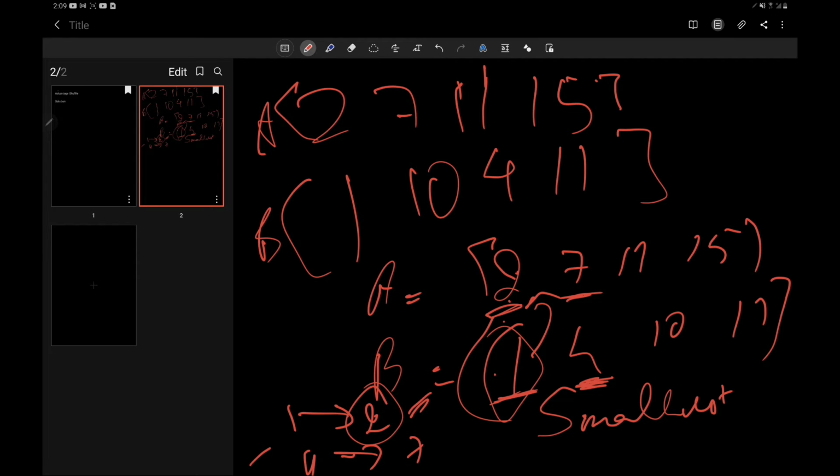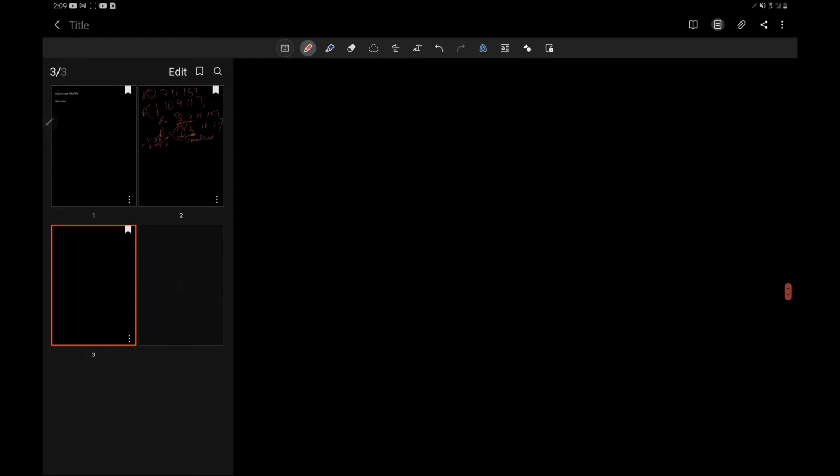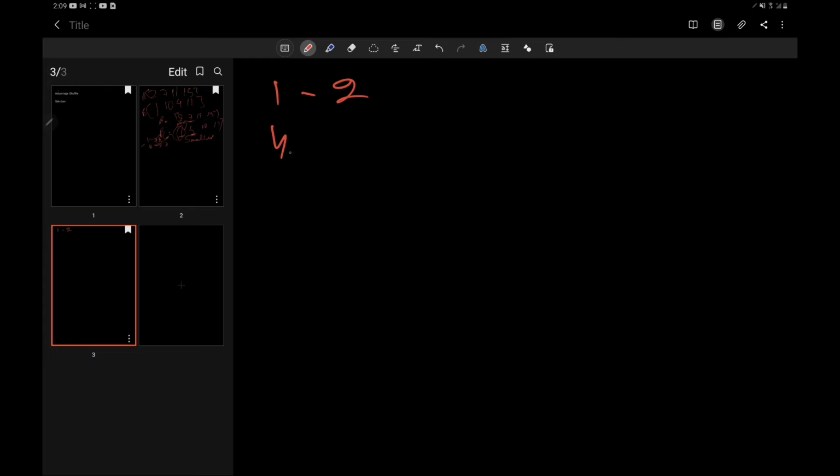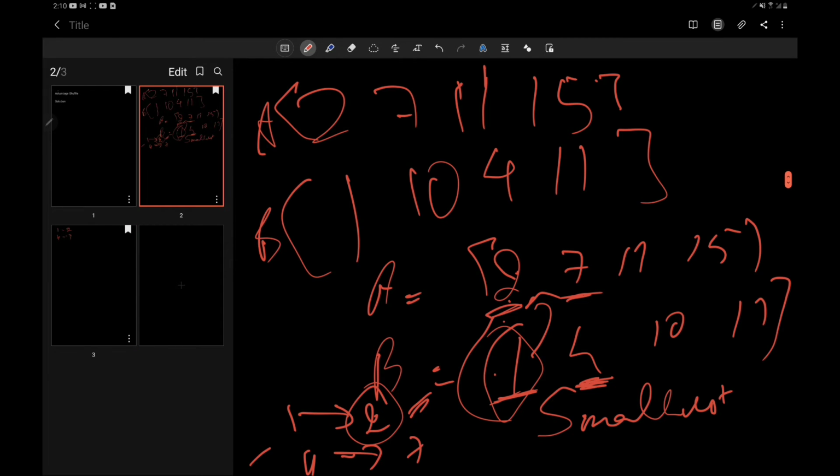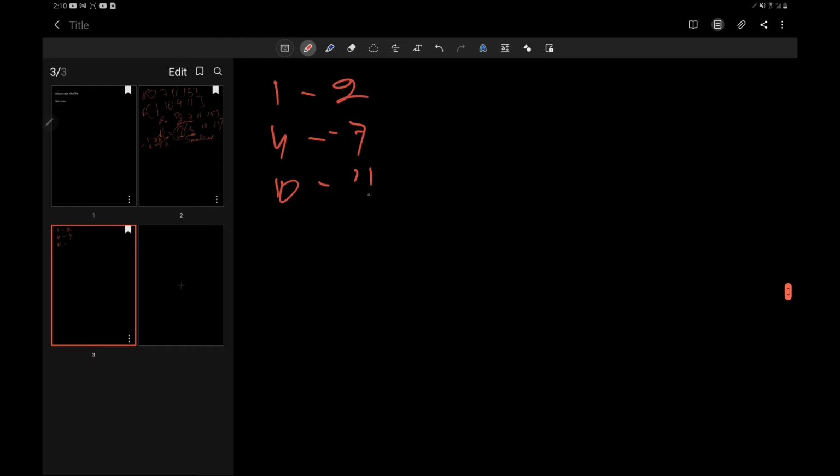The further steps would be that 1 will store 2 and 4 will store 7, and then 10 and 11, 15. So 10 will store 11 and 11 will store 15, and we pop them out one by one, and this is our final result.